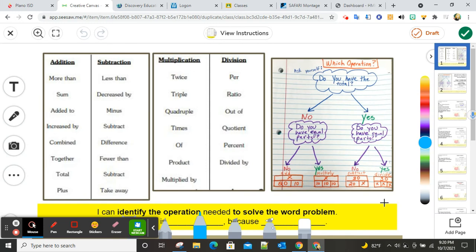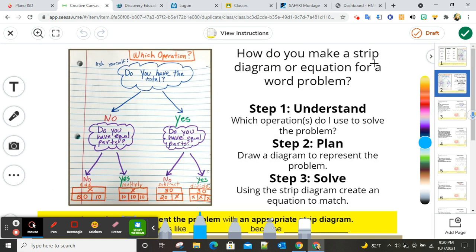Hi, fifth grade. It's Friday and our third day of problem solving using our Do You Have a Total chart and strip diagrams and equations. If you remember on Wednesday, we wrote down some math keywords to help us think through what operation we're solving for. And then we also used our Do You Have a Total chart to identify the operation needed to solve the word problem. Then yesterday, we practiced making strip diagrams and equations from a word problem, and we